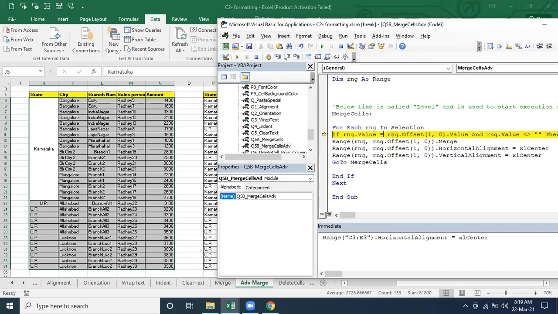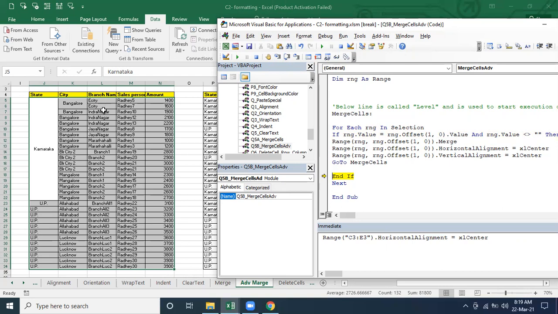And again it's going to start the same things. Bangalore, offset of this Bangalore. What is this exactly? Bangalore or not? Yes, it's the Bangalore. So again it's going to compare, it's going to merge. Just see here, it's going to merge or not? Yes, exactly. It's going to merge. Correct? Just see. And it will merge up to what? Bangalore City 2.